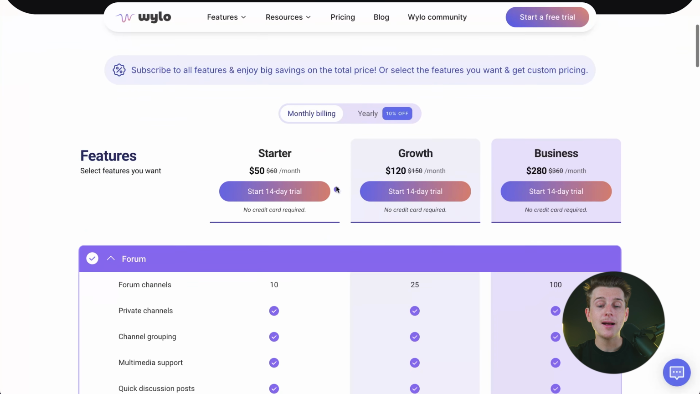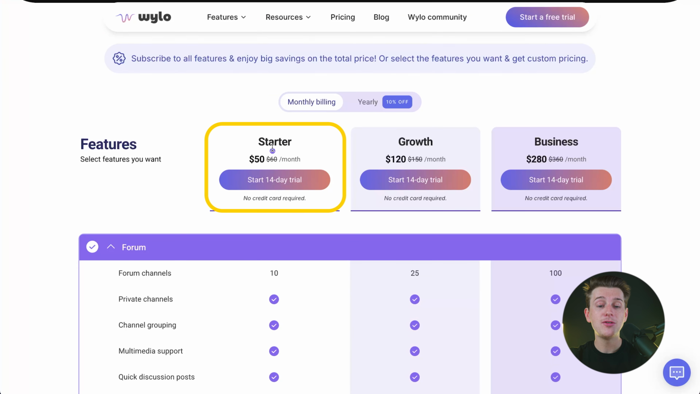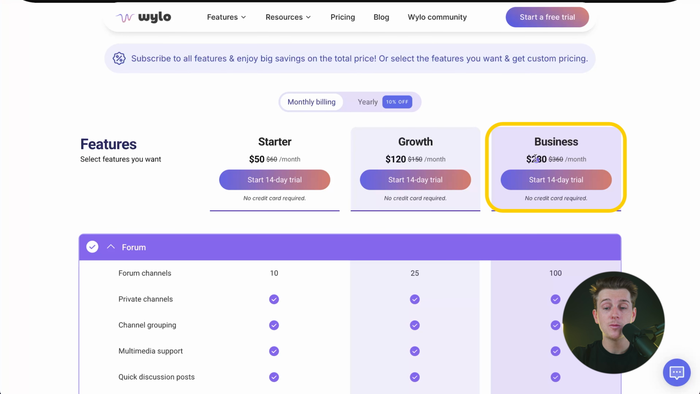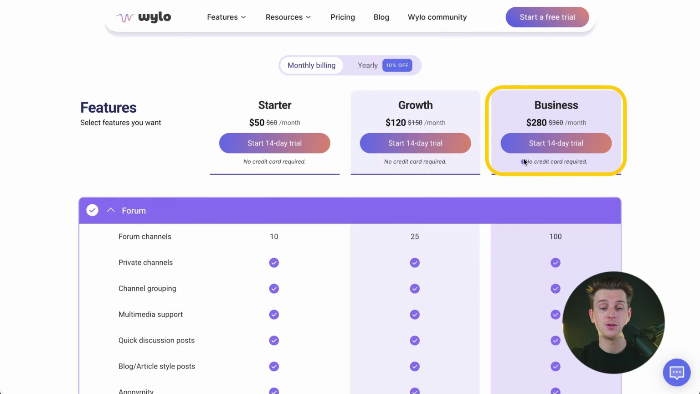If we look at the monthly cycle, we can see that their starter plan starts at about $50 a month, their growth plan at about $120 a month, and their business plan at about $280 a month. Each of these plans has a 14-day free trial, which makes it super easy for you to get started with them and start playing around with their features, and you don't even have to put in your credit card, as